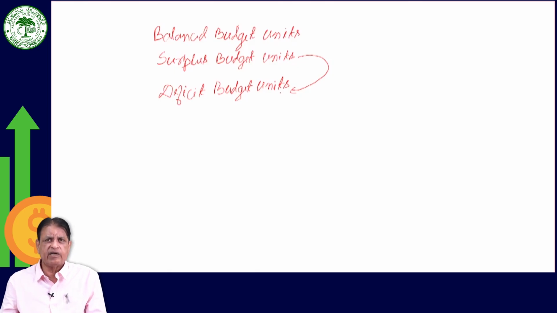So, what is the financial system supposed to do, what are its functions? The first one is that the financial system induces the surplus budget units to save more and more. That is, attractive schemes are introduced, attractive rates are given, and as a result the surplus budget units are induced to save more and more.